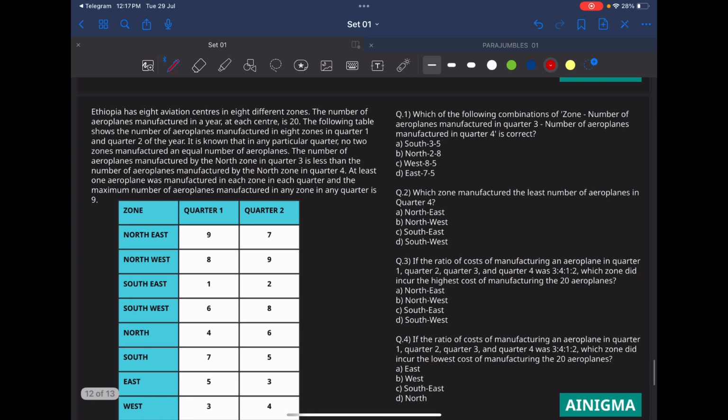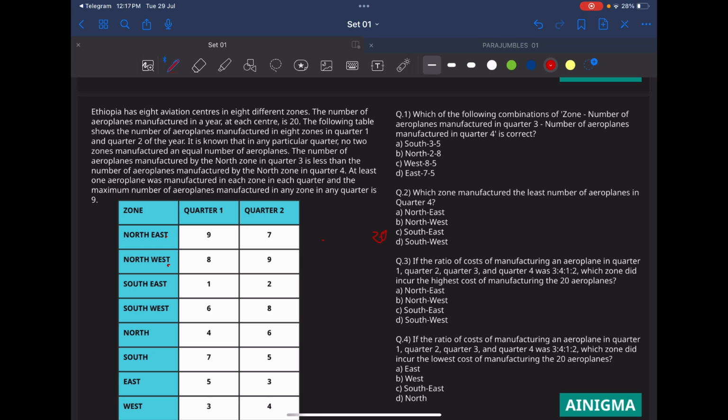So Ethiopia has 8 aviation centers in 8 different zones. Okay, so these are the 8 different zones. The number of aeroplanes manufactured in a year at each center is 20. So in each center, for example in the northeast zone, Q1, Q2, and after that, the sum would be 20 here. That's been given. The following table shows the number of aeroplanes manufactured in 8 zones in Q1 and Q2